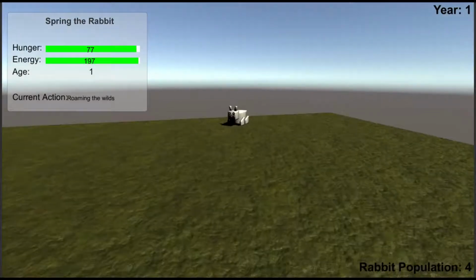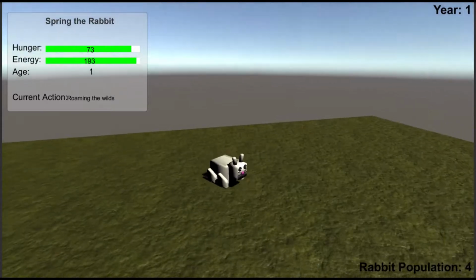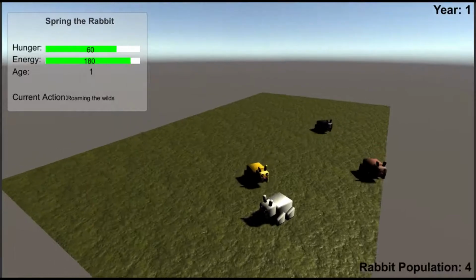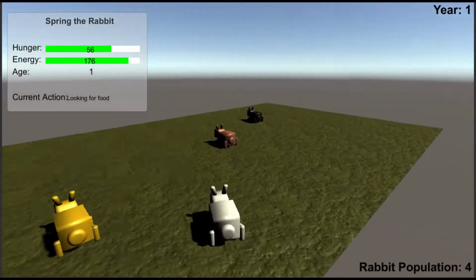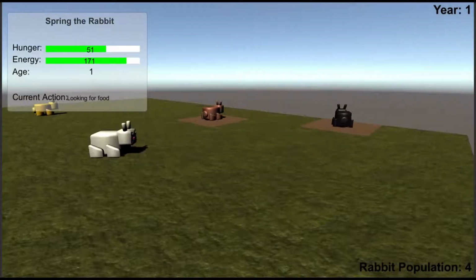Welcome to Bun-Bun Island. Population is currently 4. This here is Spring. He's a 1-year-old white rabbit who has just been born. Spring is currently roaming the world, but he is starting to get hungry, so he's going to start looking for a snack. There's plenty of grass here on Bun-Bun Island, and he's going to look for a perfect spot to